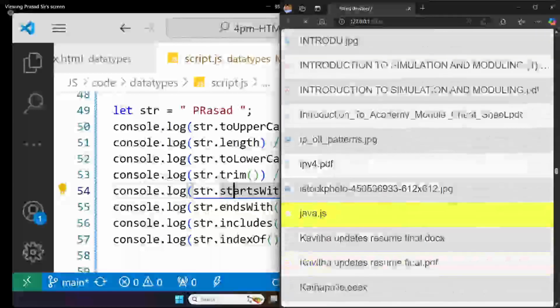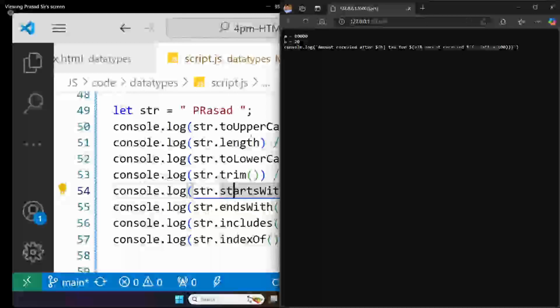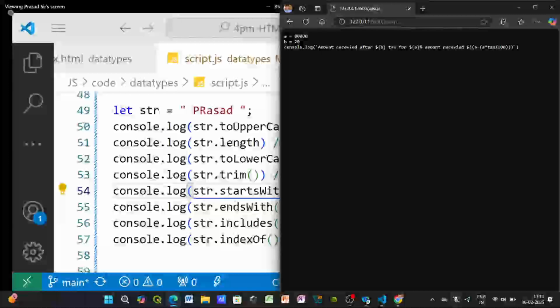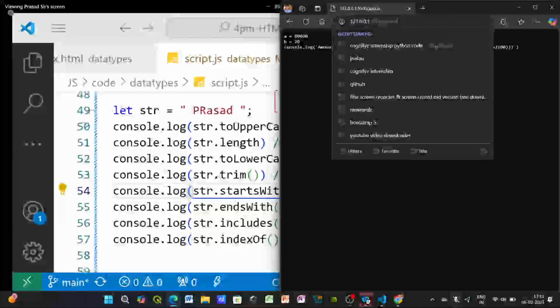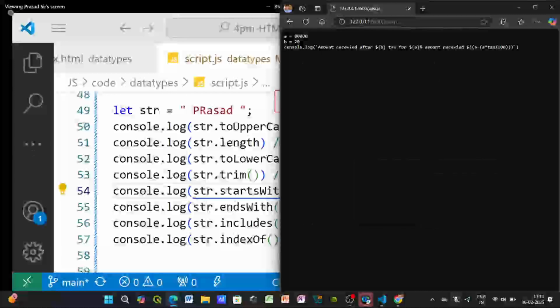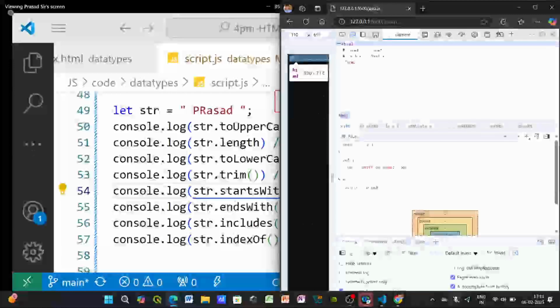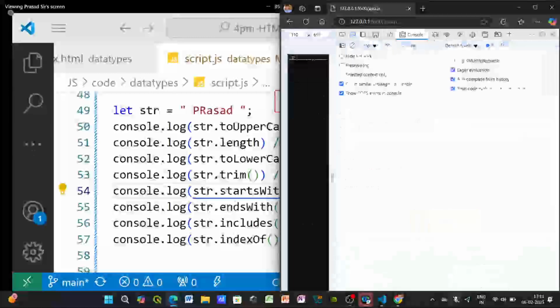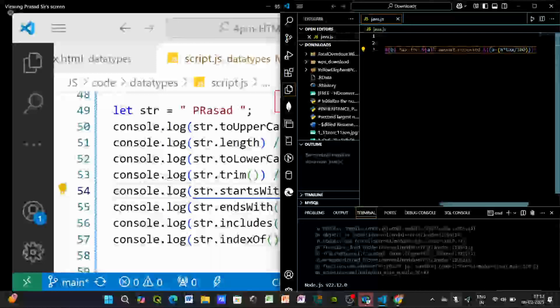Array is like a collection of elements. Now, how will Prasad be stored inside the JavaScript browser? The browser will store first space, P, R, A, S, A, T,